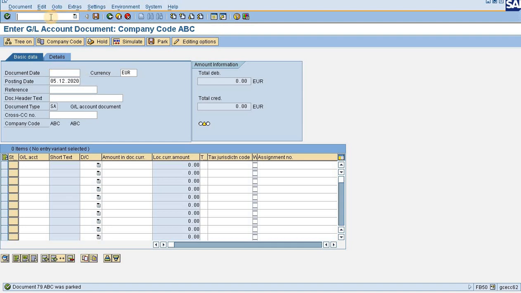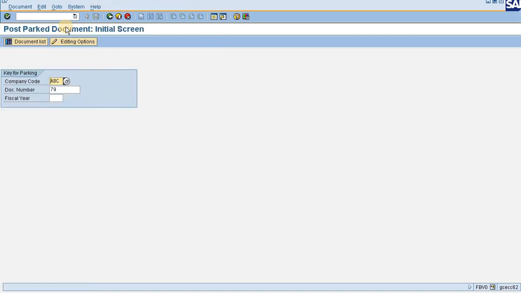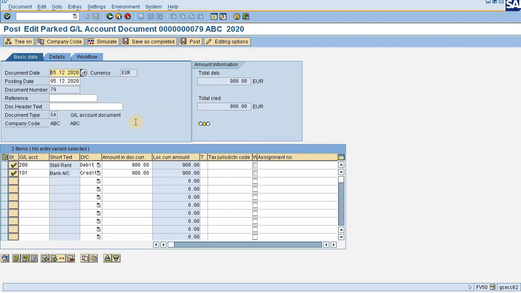Okay, so let me do one thing. ABV0, going inside. Why did it get parked? Because there were some items which were not saved.